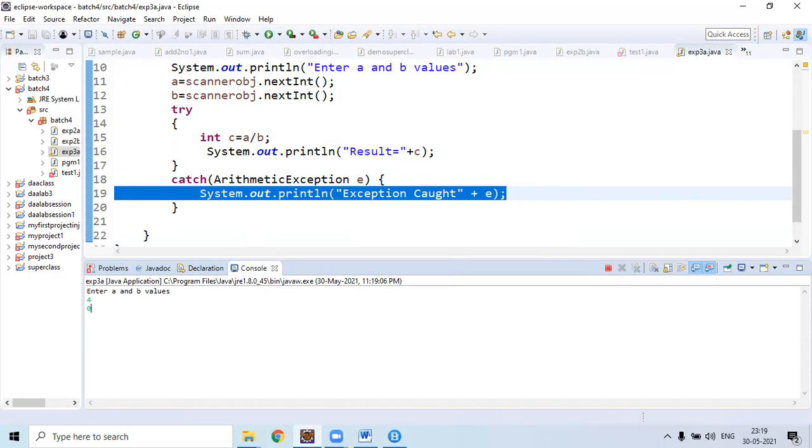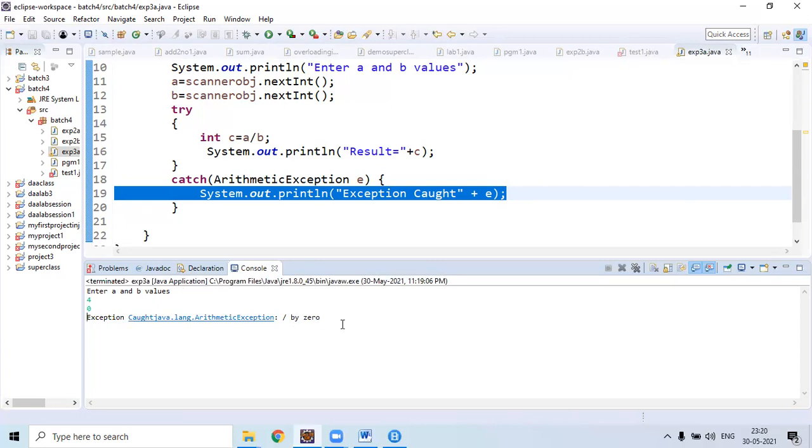Then catch will catch the arithmetic exception division error that is available in variable e. Then we need to print that by using this particular statement. Here, exception code java.lang.ArithmeticException. That is the division by 0 error.